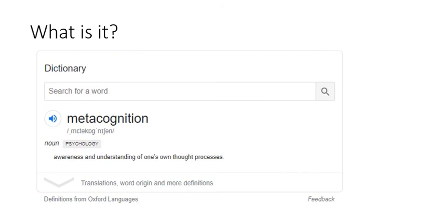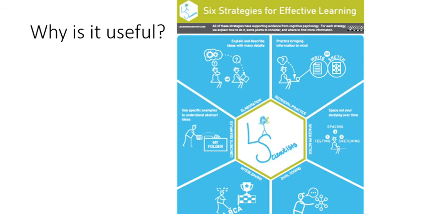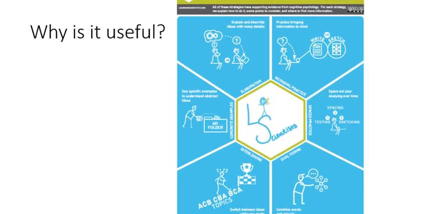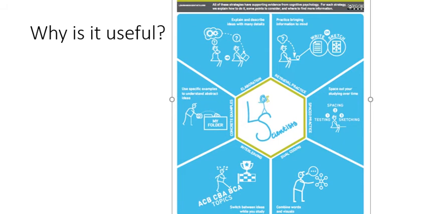To start off with, metacognition is the awareness and understanding of one's own thought processes. Similar to knowing the mark scheme and your assessment objectives, understanding how you learn is vital to being successful at it. There are a variety of principles that are useful to you in terms of understanding the way that we learn and the way that we engage with the material in front of us. I'm going to be taking two of these at a time, explaining how they're significant to you and how you can make them relevant for your studies.